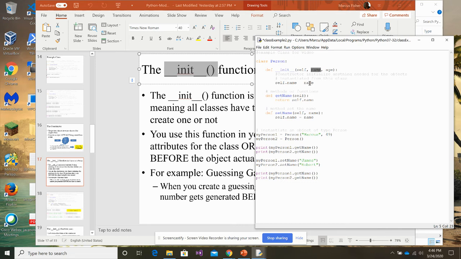Well, we need to be able to differentiate this argument with the class variable, with the class attribute. So we use the self qualifier to dereference which variable you are talking about. Well, I'm talking about the variable that belongs to the class. Okay, so it's going to be self.name equals name and